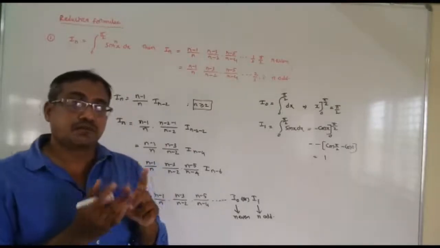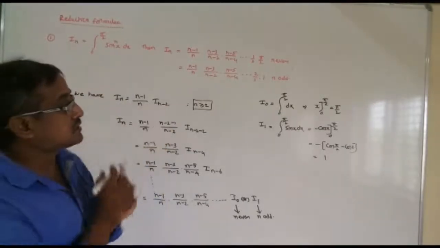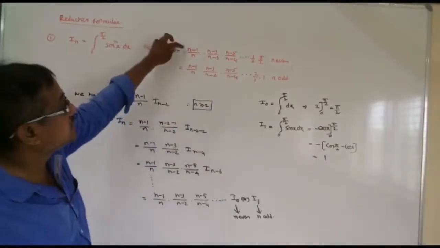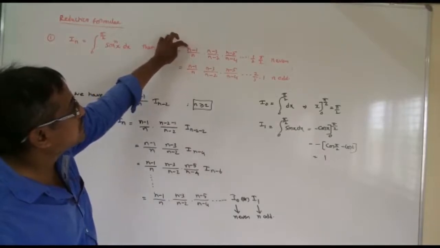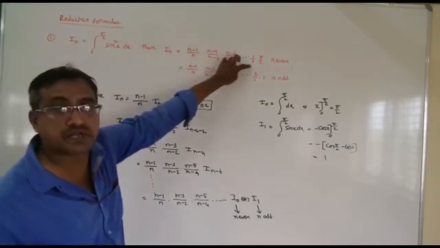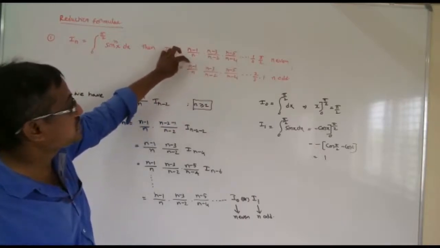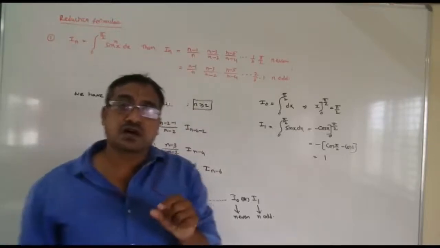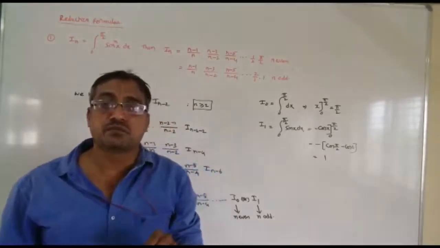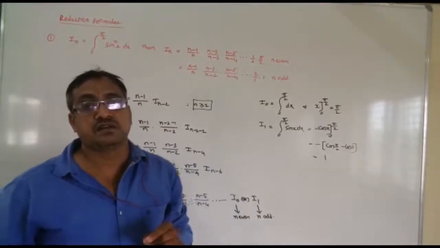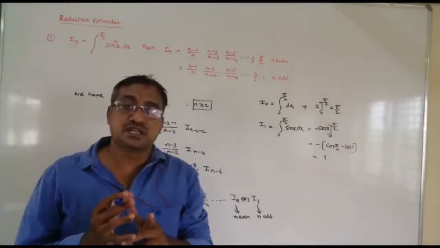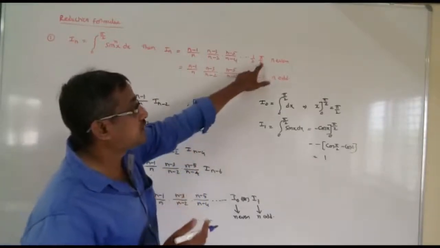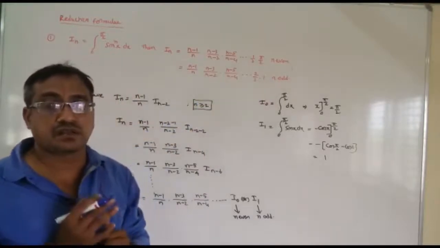Now think about the number before that pi by 2 or 1. So 1 by 2, 1 by 2. You will get 1 by 2 when you substitute 2 here: 2 minus 1 by 2, that is 1 by 2. When you substitute 3 here, 3 minus 1 by 3, you will get 2 by 3. That is why you need to stop the reduction when you get 1 by 2 or 2 by 3. You will get 1 by 2 when n is even, 2 by 3 when n is odd. Then you have to write pi by 2 or 1 according to the given n.